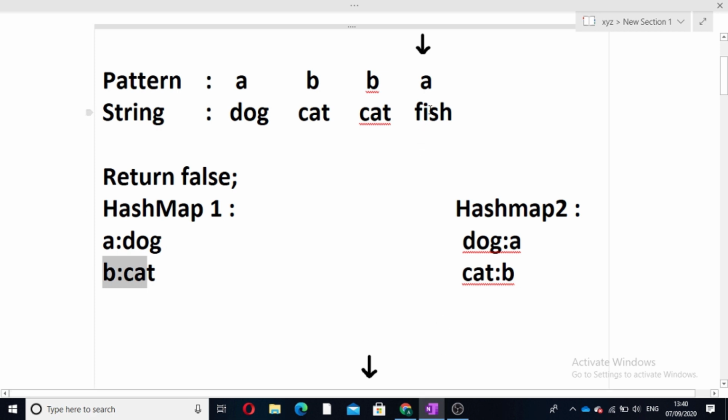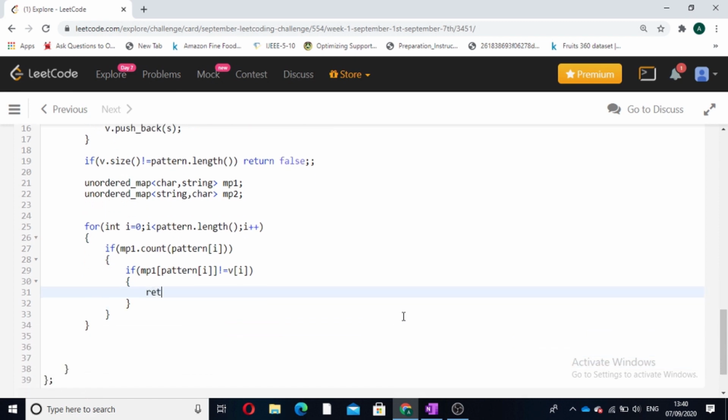That is, if the value of the pattern in the current string and the value already in the hash map are not the same, it will be a contradiction and we will return false from here.